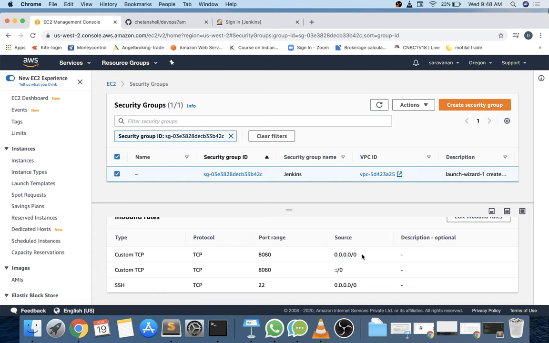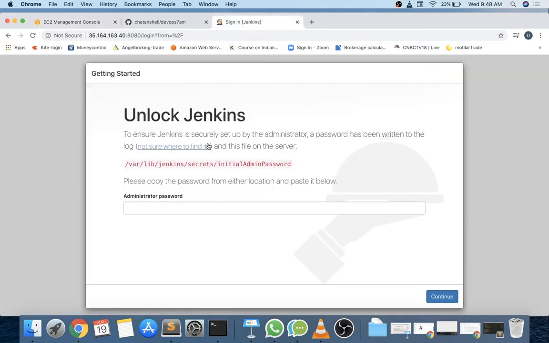So this scenario would be different in a company in real time, because Jenkins is a CI/CD tool. It's for internal usage, where it's used for building a software package. So this would be an internal IP address or an internal domain, because this cannot be open to the outside world, right? So at the initial part of the installation, once you install Jenkins, you have to unlock